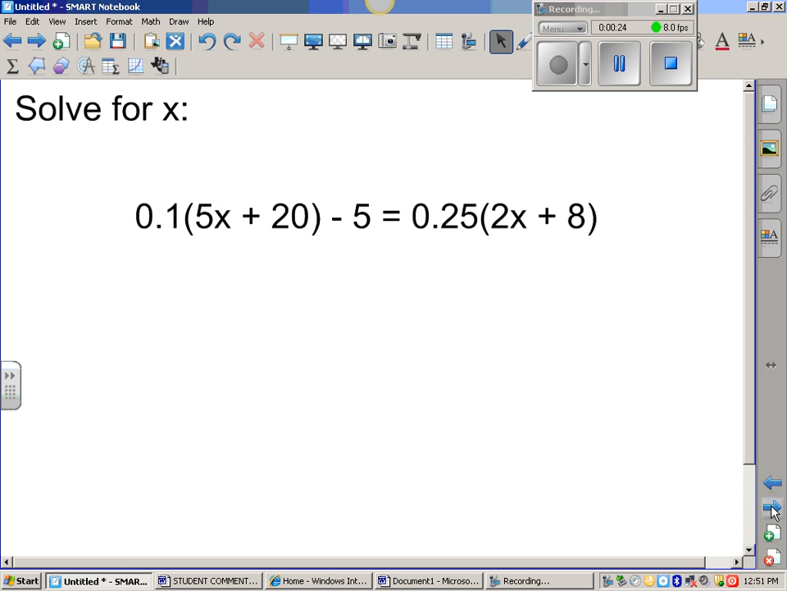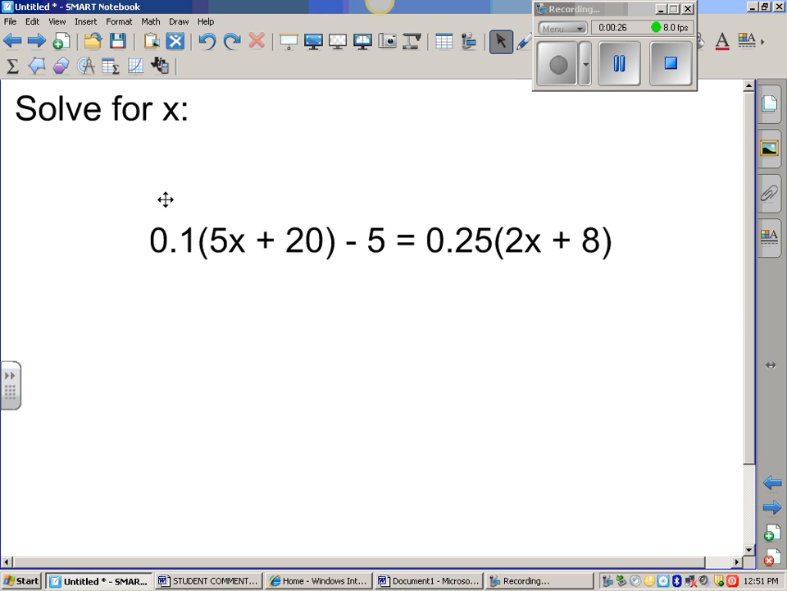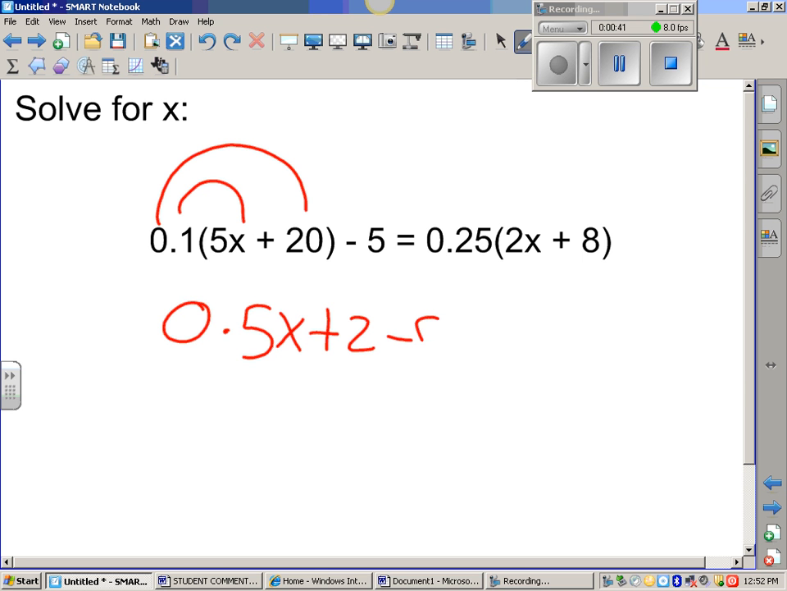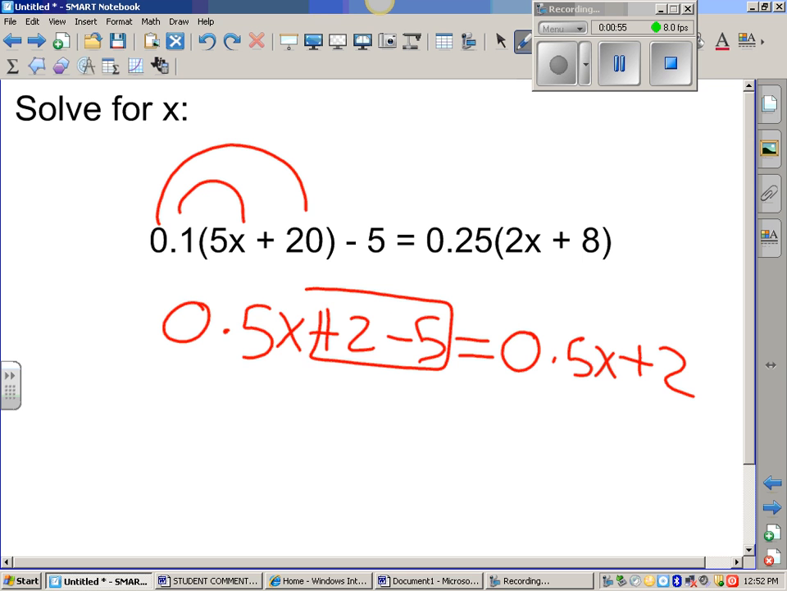Okay. First you have to distribute and do the rainbow thing. And you need to multiply 0.1 times 5x, and you'll get 0.5x plus 2 minus 5. And then you have to distribute the other equation, and you'll get 0.5x plus 2. And then you have to combine like terms. So we'll drop down 0.5x, and you'll get negative 3 equals, and then you just drop down the other one,